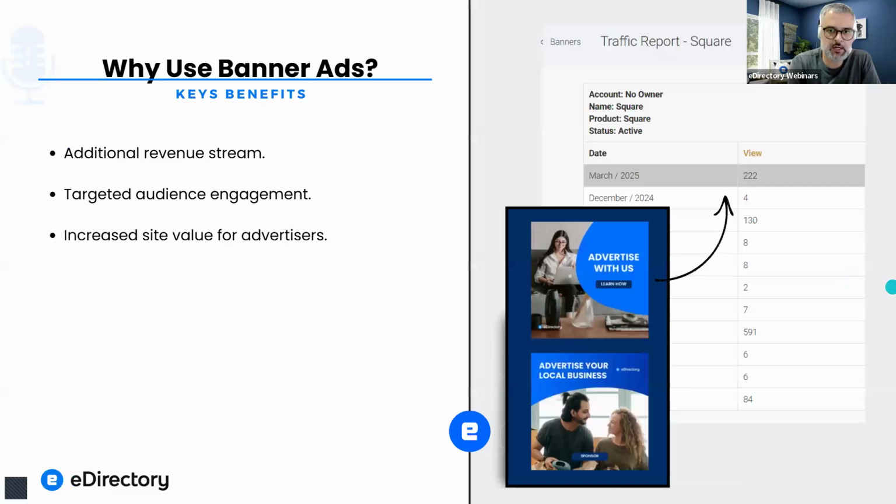So to start, why use banner ads in the first place? Banner ads bring three big benefits for you. So one, of course, is to generate